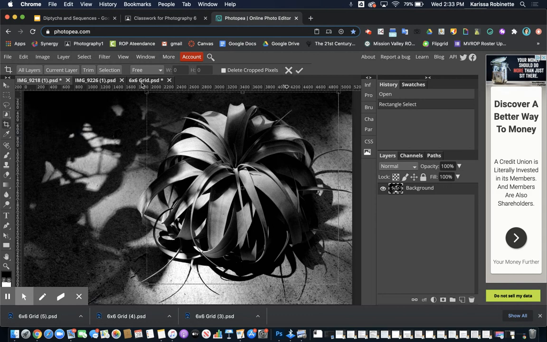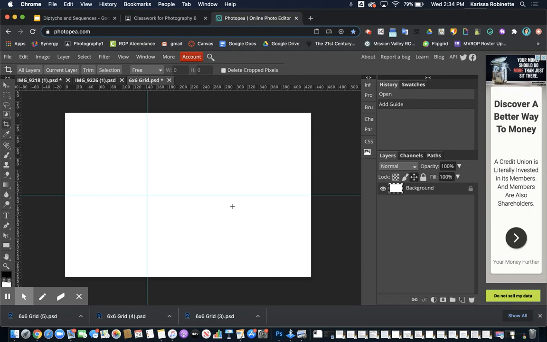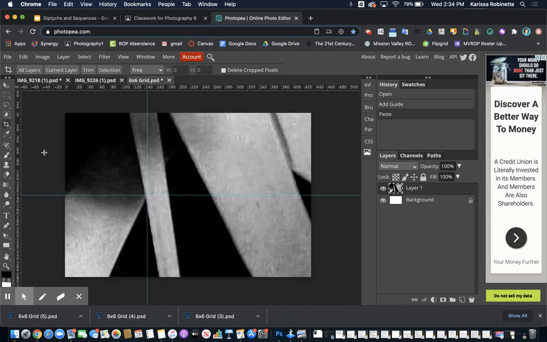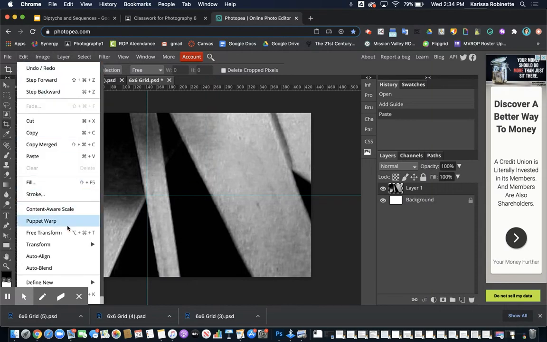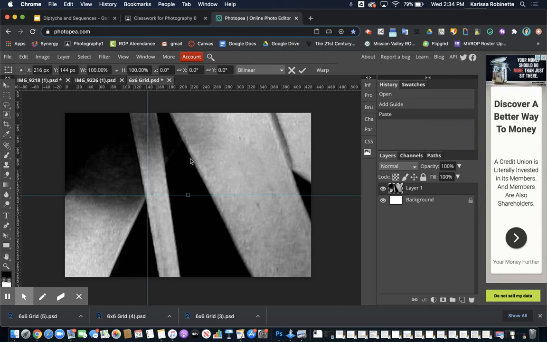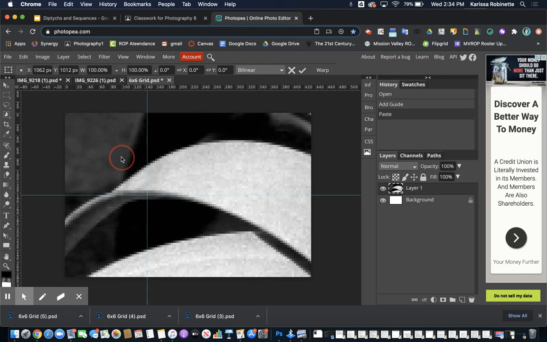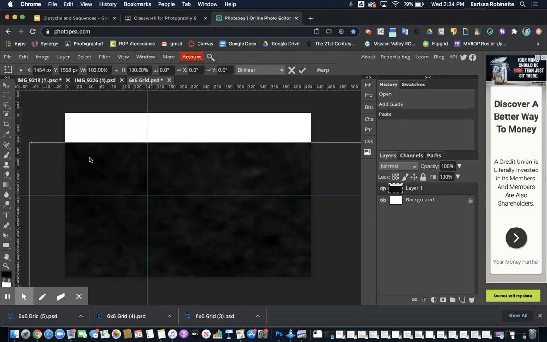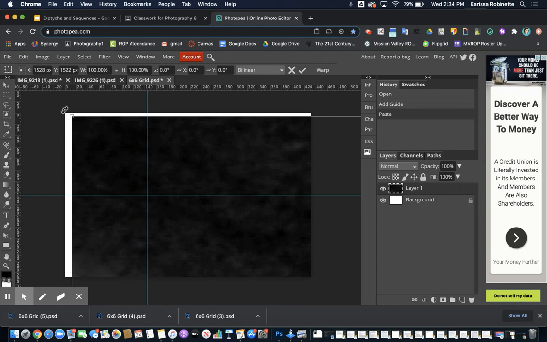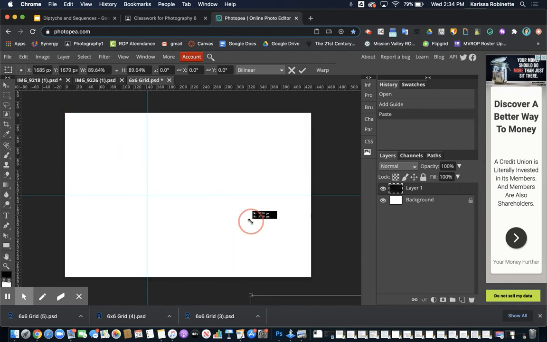and then you're going to go to your grid, and then you're going to paste it. So you can do Edit, Paste. Now it's going to look huge like this and take up the whole paper. No problem. We can fix that. So how to make it smaller, how to scale something down, you're going to go to Edit and then Free Transform. Now you're going to have to click and drag your image quite a bit to get to a corner of your photo. So there's a corner, and I want to hold down Shift